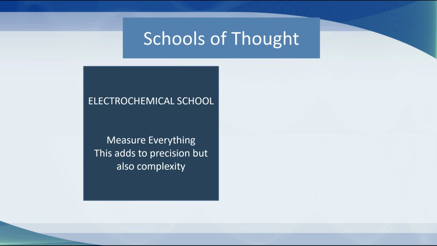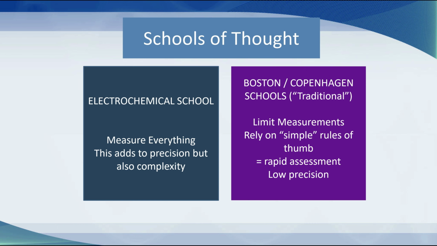The Boston and Copenhagen schools, they call themselves the traditional schools, but they are actually neo-traditional schools. They limit measurements and they rely on simple rules of thumb, and this leads to rapid assessment, but there's very low precision. So for a patient who rolls into the ED with a single problem, these rules work very well. When they've been in the ICU for 5 days and multiple things going on, the level of precision falls off a cliff. As a consequence, for many of us intensive care specialists, we have moved very much back to